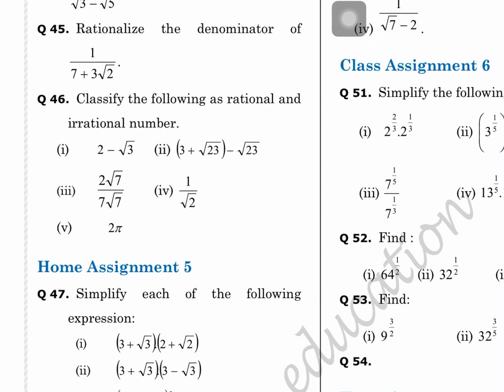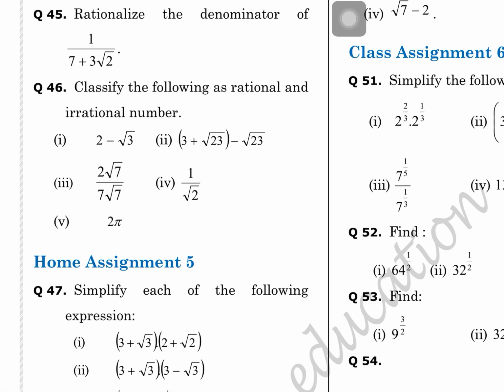Now see the second of 46, 3 plus root 3, this is the first to be solved here. If you open this parenthesis, root 3 plus root 3 will cancel, only 3 will remain. If 3 remains, then it will be rational, you are right. And this further is to be solved here: root 7 cancels on either side, 2 by 7 will come. This is an irrational number.